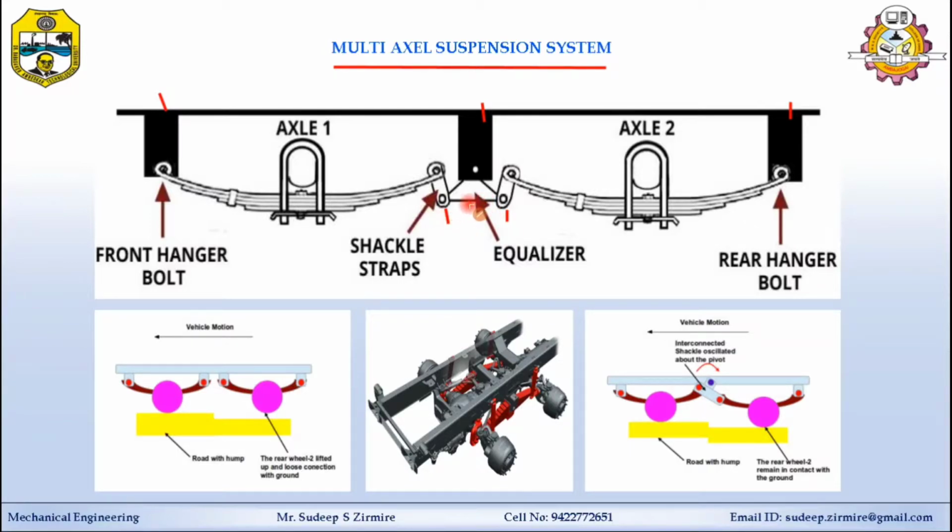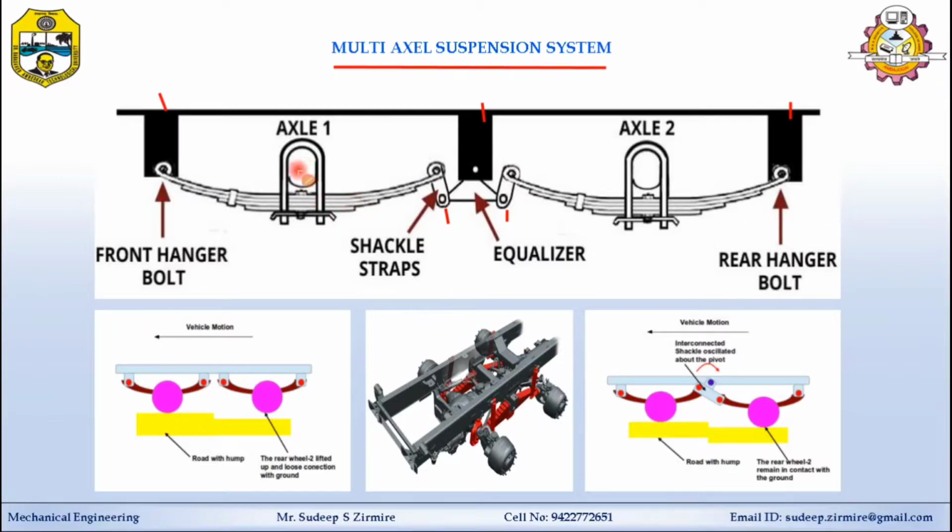For example, the flat type equalizer, tall type equalizer or curved type equalizer; it depends on the application of the vehicle. For general purpose the flat type is used, for RV application the tall type is used, and for trolley application the curved type is used. There are different types depending on the design.